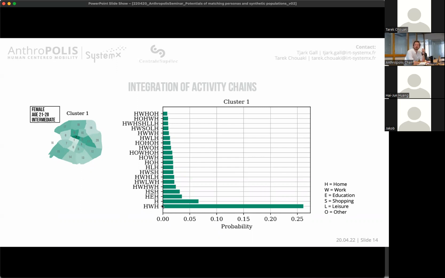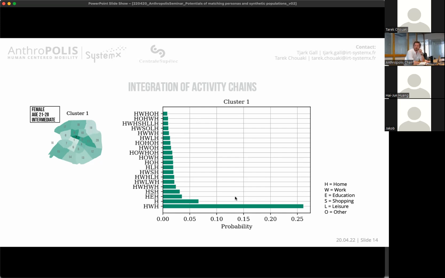Then you have a second one, which is just staying at home. So in most days, or in the average days, you're not leaving. Then you have home, education, home, so for example, going to school, going to universities and so on. And it goes further and further. And the higher you go in most of the clusters, the more complex they become. So you have a certain percentage, let's say maybe 1%, 2%, which go from home to work, from home to school, to shopping, to home, to leisure, to home. So this is a little bit the idea, I think, also behind the agent-based simulations, to be able to represent this complexity and not just assume people going from home to work.